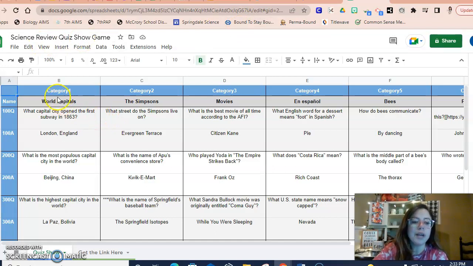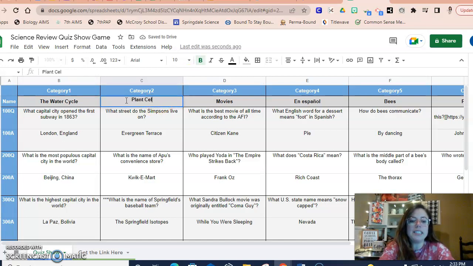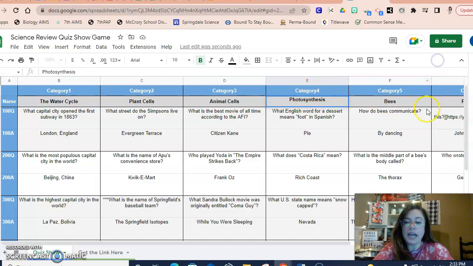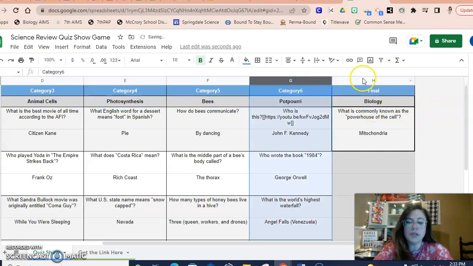So my category 1, I'm going to do, we'll say the water cycle. Category 2, I can create plant cells. Category 3, I can create as animal cells. 4, photosynthesis. And if I only want those 4 categories, then I can just come through, click G, hold down the